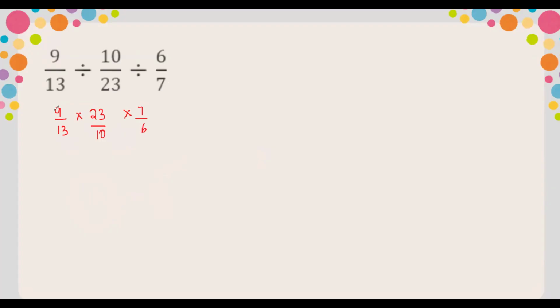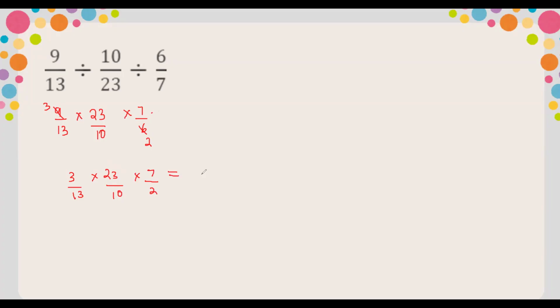Now can we simplify any of the numbers? Well, we can simplify 9 and 6 using the table of 3, right? Yeah, we can. So 3 by 13 into 23 by 10 into 7 by 2, which will give you,